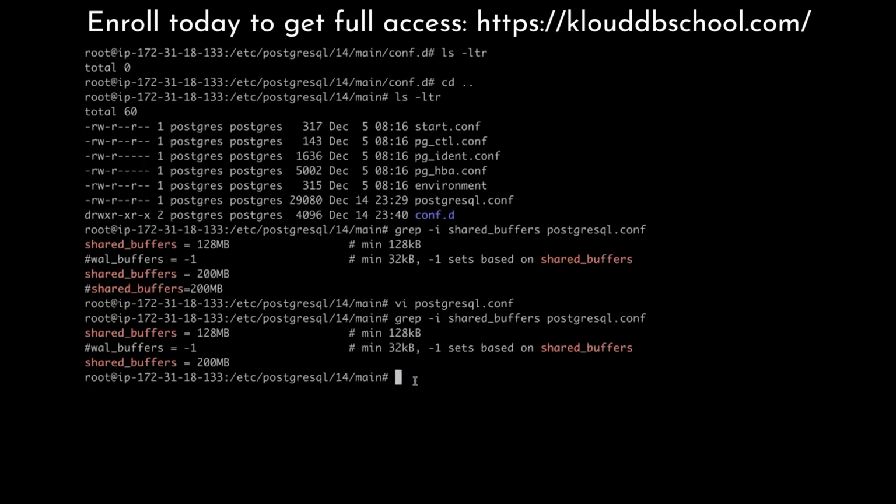So the first scenario would be what happens if a parameter appears at two different places in the postgres.conf. Here is our parameter file, and you can see that we have two different values set to shared buffers, this one and this one. So it's appearing at two different places in the same parameter file. You can also verify the location using